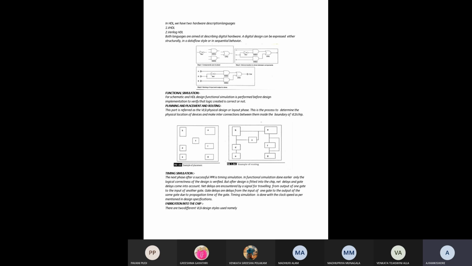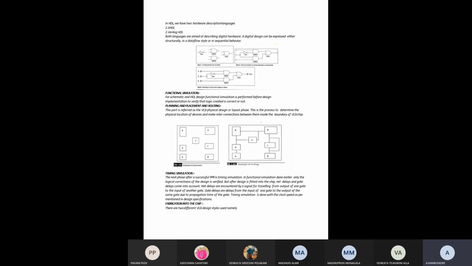What is the full form of VHDL? It is Very High Speed Integrated Circuit Hardware Description Language. V stands for very high speed integrated circuit, in short form VHSIC.